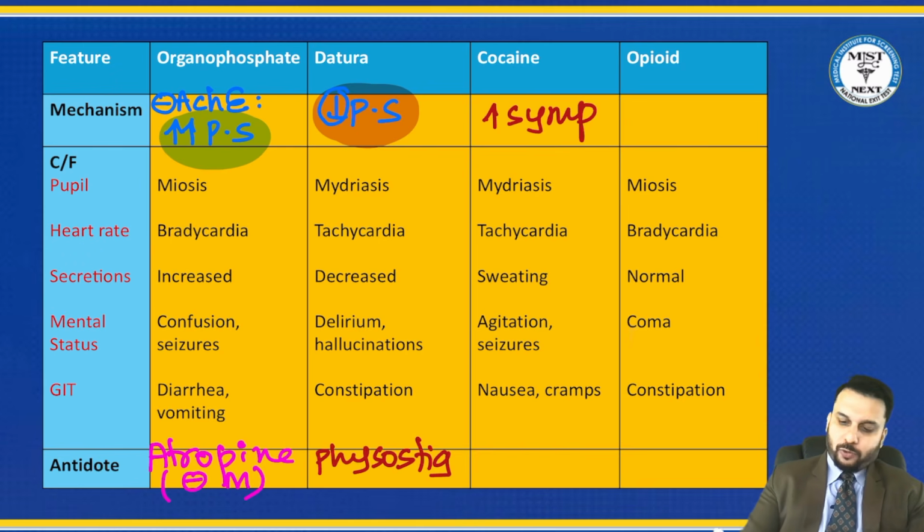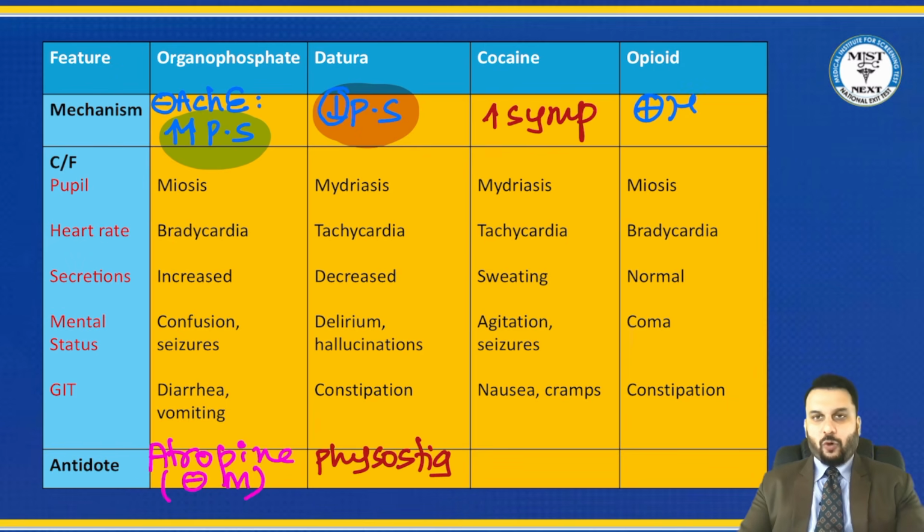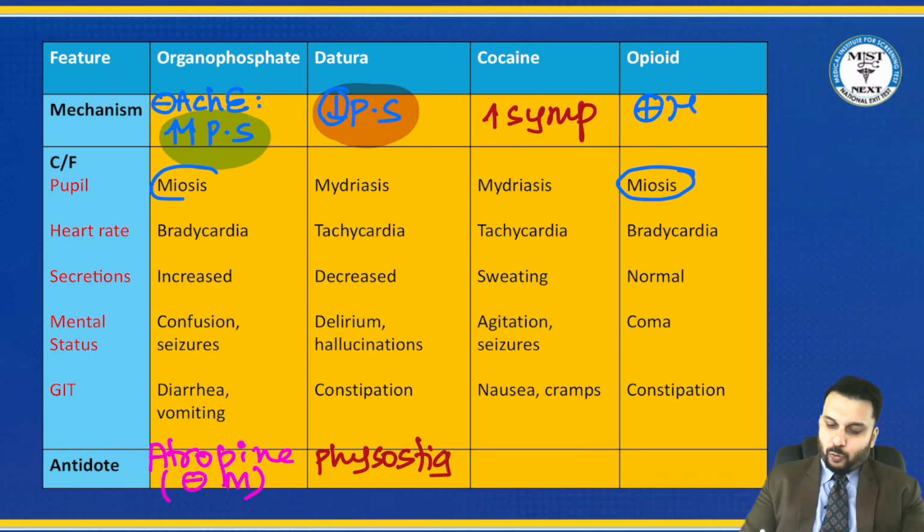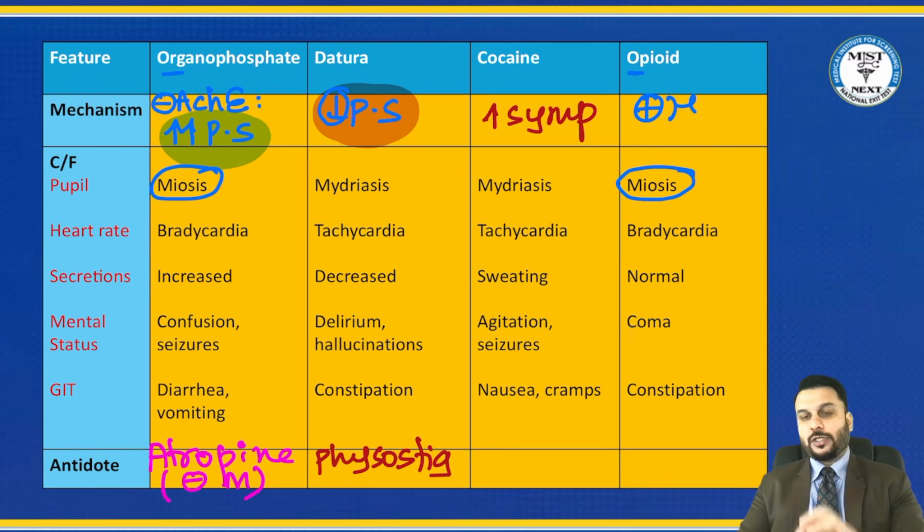Next is opioid poisoning. So what do opioids do? Opioids work on a receptor called the mu receptor. Opioids are things like morphine, heroin, etc. Again, here also the patient comes with meiosis. So in both OP and opioid poisoning, meiosis will come. But opioid poisoning is generally a triad, a triad of three things. What is the classical triad of opioid poisoning? One thing is meiosis.